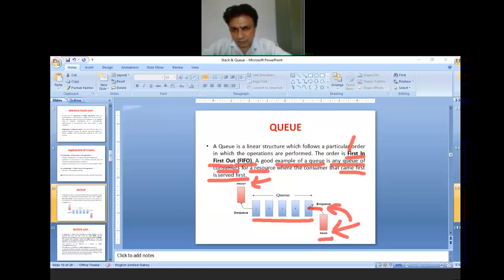As more and more consumers or items are inserted in the queue, the first item keeps moving forward, and it reaches this position, point number 1. But as it proceeds with its task,